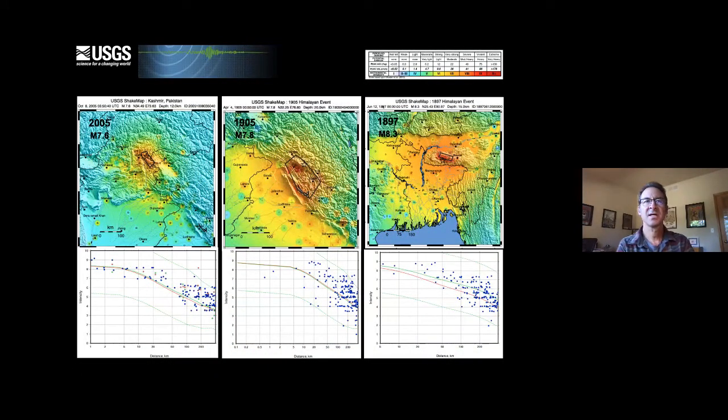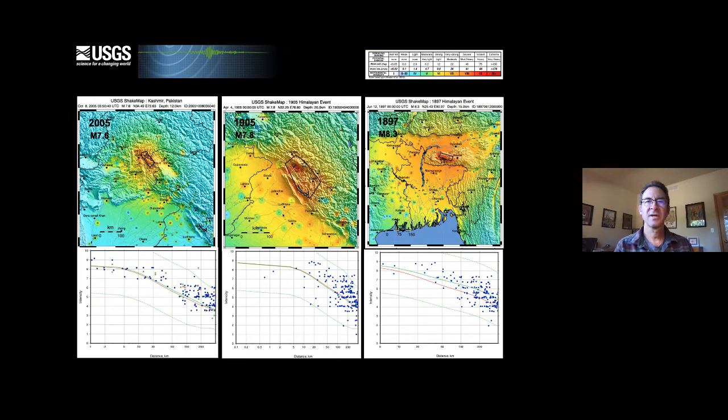But we can then take these scenarios and actually compare those to some historical earthquakes where we have intensity data and make an assessment of how accurate we could be if we know where the fault is that ruptured, and how reasonably we can recover the estimated intensities as a function of distance for these earthquakes, and get some sense of confidence in our ability to estimate shaking from future earthquakes. And in fact, we've done that for